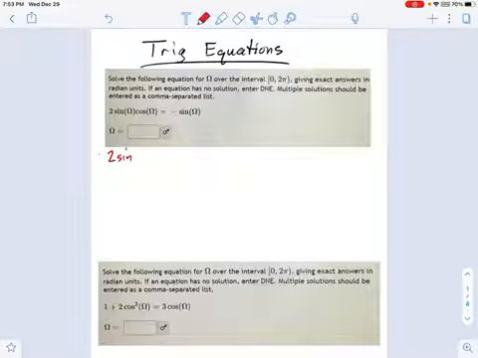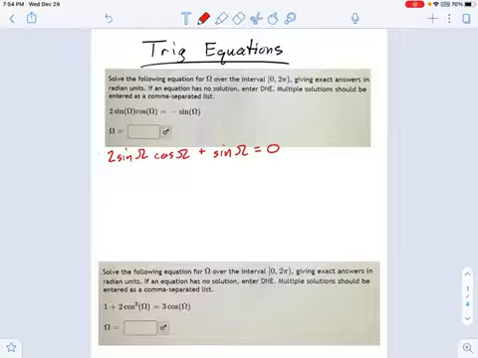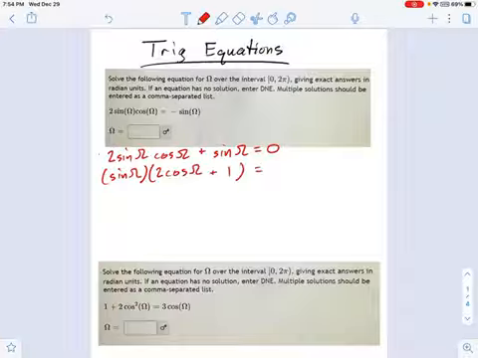I'm going to say 2 sine of omega times cosine of omega. And I have a feeling I'm going to use factoring here. It just usually works out that way. There's no harm in moving everything over to one side with 0 on the other just to see if you could do some factoring. And look at that. I've got a GCF here of sine of omega. So that pops out. Okay, I can pull out sine of omega as a greatest common factor. And that leaves behind 2 cosine omega from the left term and just the number 1 from the right term.